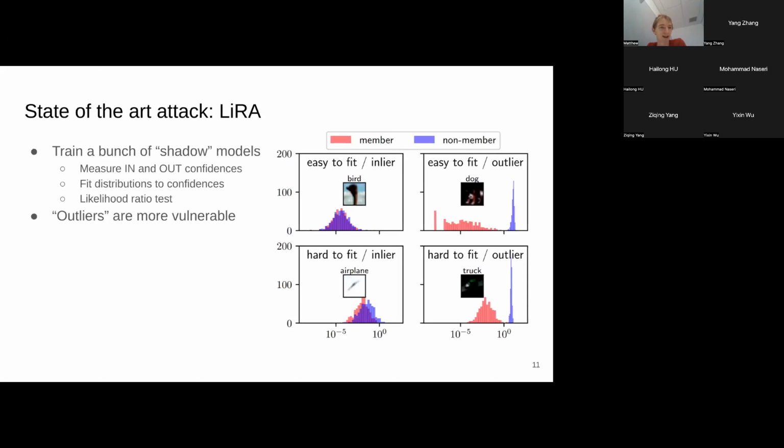If I'm telling you that you need to have the point in the training set to get good accuracy on it, essentially that's saying the distributions of the in and out losses or whatever score are going to be very similar to each other. And we haven't really gotten anywhere. But at least you can think there are easy to fit points and hard to fit points. Hard to fit points tend to seem more vulnerable to these attacks.